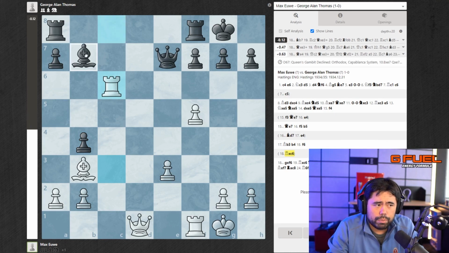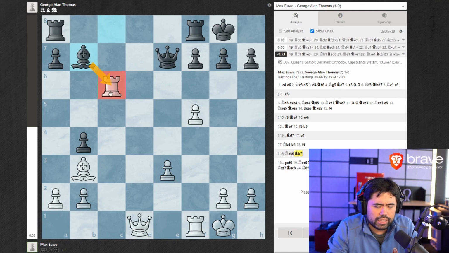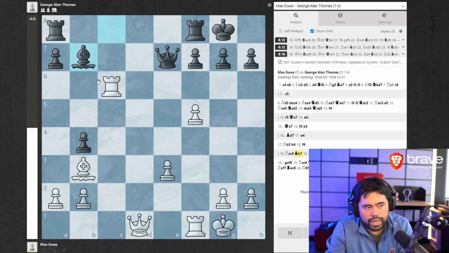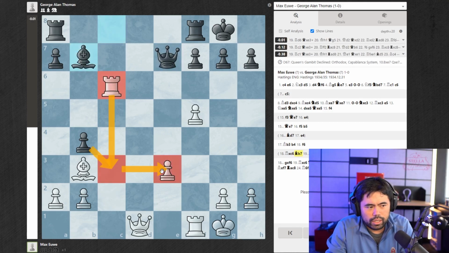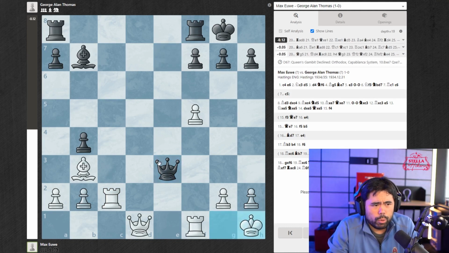Problem is Black can now play the in-between move, bishop to b7, targeting the pawn on c6, and when you move the rook, I just then take your pawn on e3 here, because you have to move the rook, and there's no way to guard the pawn on e3. So when you come back, I take. And now you could play like king h1 here, but what you'll notice